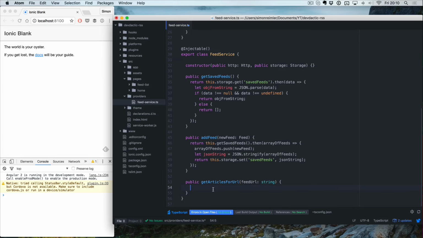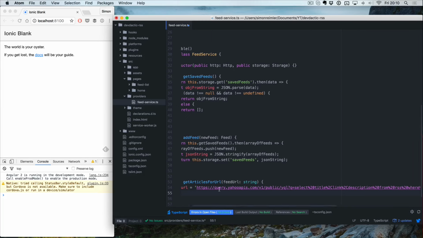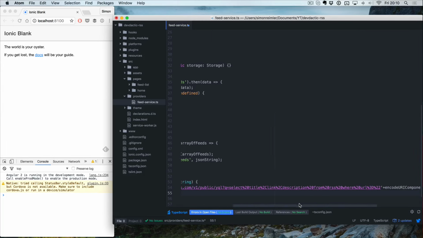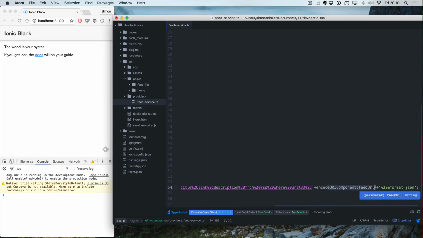Now let's go to our getArticlesForURL. This is a bit tricky. So let's copy in first of all this. So we make use of query.yahoo APIs, which will parse the feed URL, which is returning RSS data, and we want to format it to JSON. So this string is created